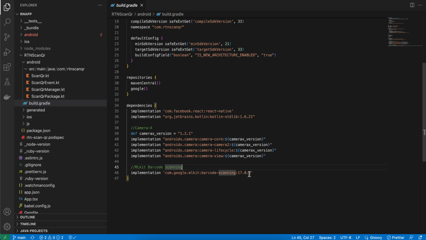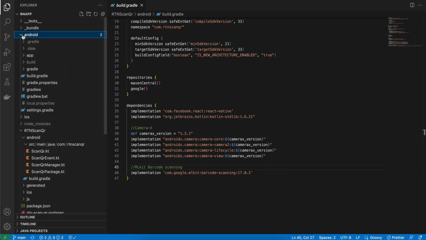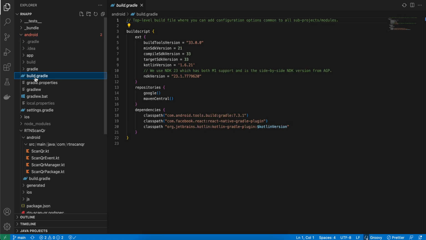Okay, add this all dependency. Now go inside your main Android folder, and here go to build.gradle. You have to write this line, Kotlin version. I'm enabling Kotlin inside the main project as well, because I don't want any issues regarding Kotlin, and Kotlin is recommended by Google also. And add this line as well, classpath